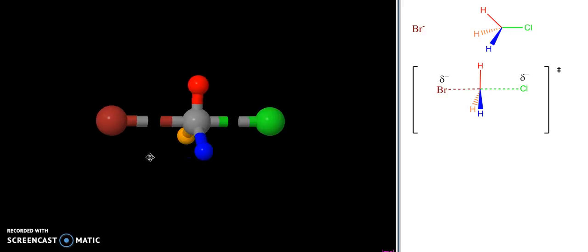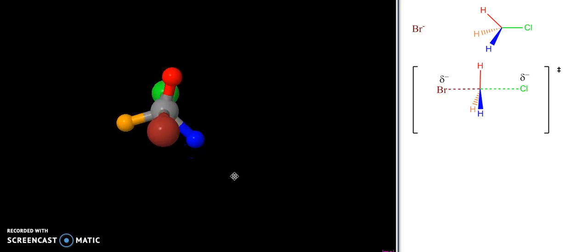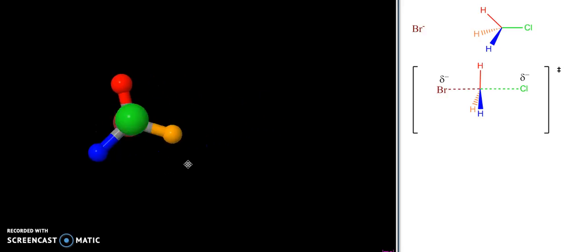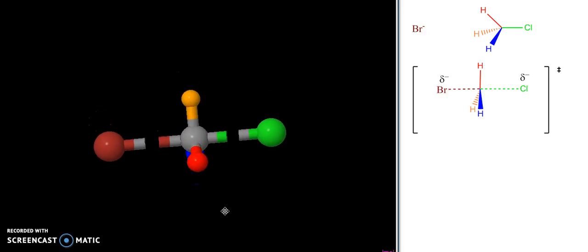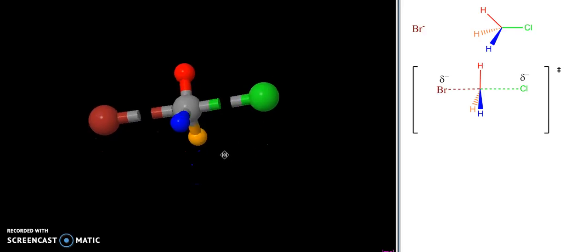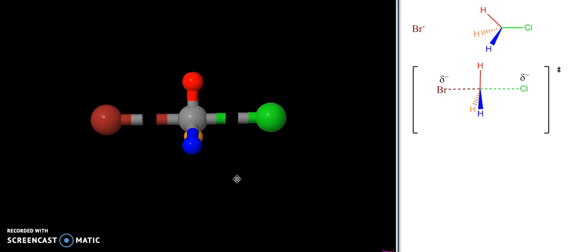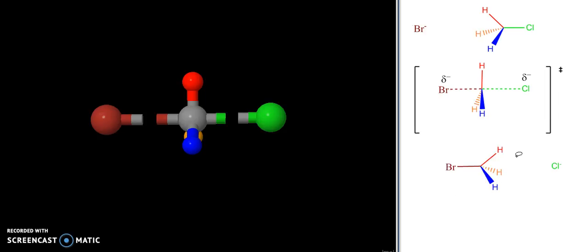And we can spin this around now. You can see that the bromine is coming in, the chlorine is leaving, and that the three hydrogens are in essentially the same plane. That's my transition state. Now, as the reaction continues to proceed past the transition state, this chlorine continues to leave, the bromine continues to come in, and if we look at our 2D models over here, we get something like this, where the bromine